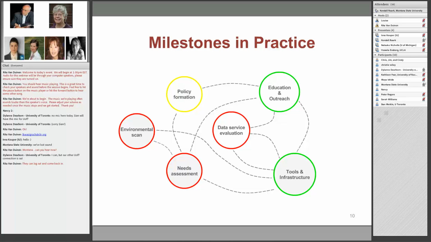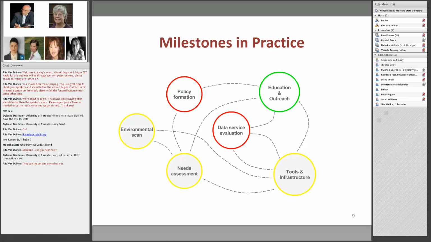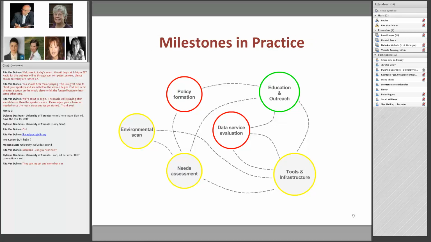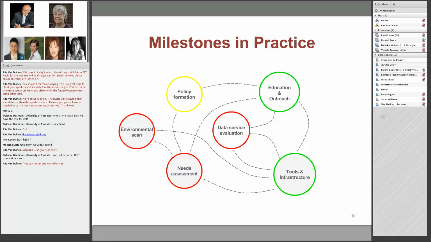Okay, so if we're looking at what's been done or what was included in the materials that you provided to the group, versus what is suggested for the future, that this is future developments or next steps. So this slide is what is suggested for the future: education outreach, tools, needs assessment, environmental scans, versus what has been done, so education outreach, tools and infrastructure and